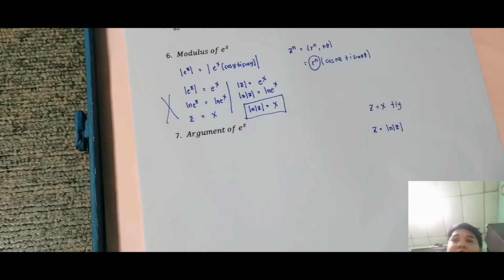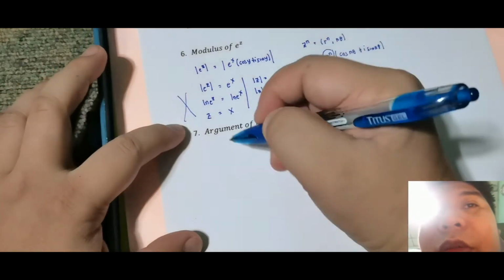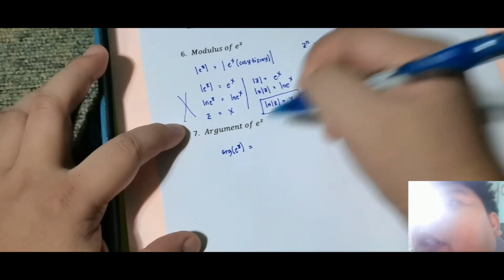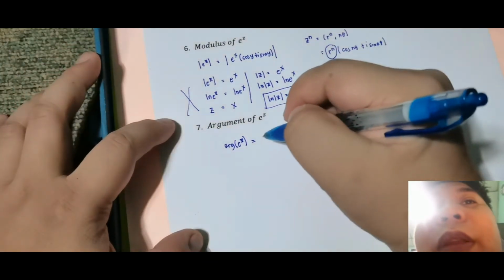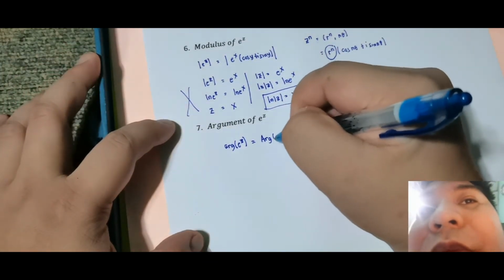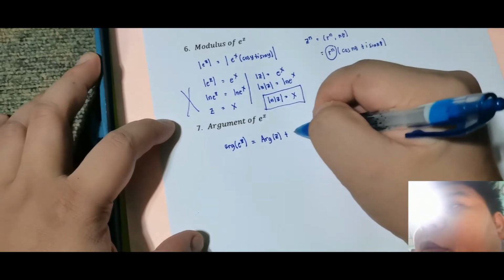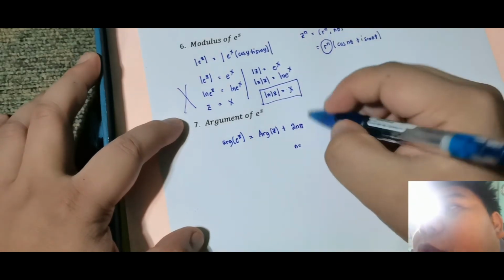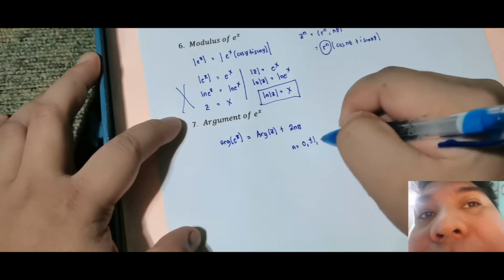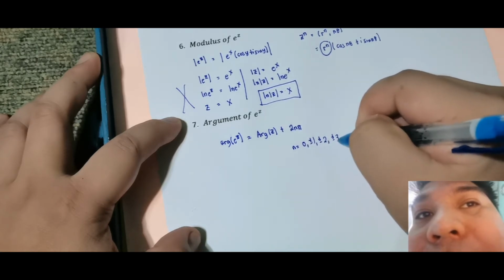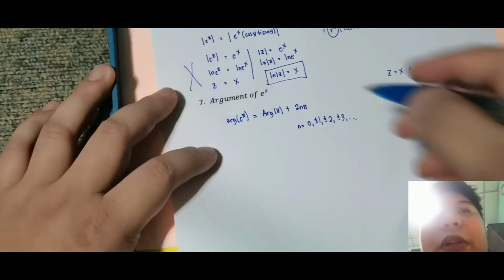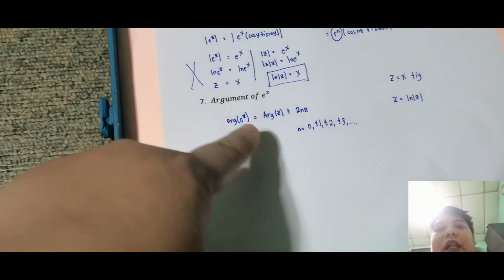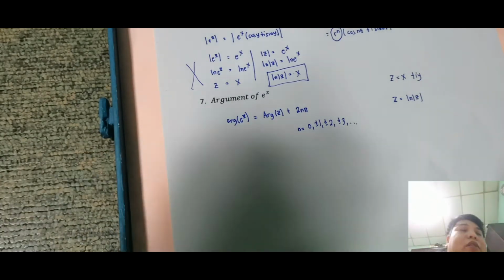Si argument ng e raised to z is equal to, kukunin natin yung arg. Okay, arg of e raised to z is just yung ating principal argument of z plus 2n pi, for n is equal to 0, positive negative 1, positive negative 2, positive negative 3, and so on. Okay, ano ibig sabihin ng argument of z? Ano pinagkaiba nung arg na malaking A? Pag sinabi kong malaking A, Arg, meaning siya yung principal argument, yung parang terminal side